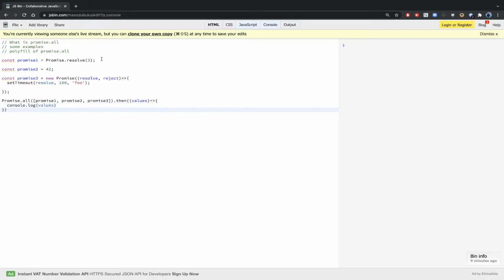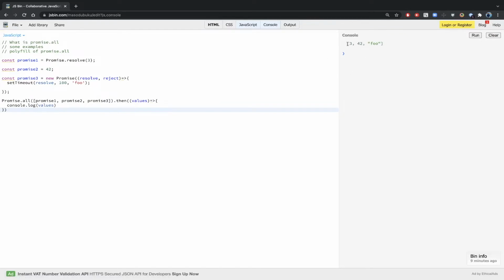So what we have done is we have created 3 promises, we have pushed all these promises inside an array, and we have provided this to Promise.all, because as I've already told you before, Promise.all takes an iterable, meaning an array which it can iterate, and it can have a promise there, or it can have a simple value. So if you can see, promise2 is nothing but a simple value. Okay, so now we'll run this and see what happens.